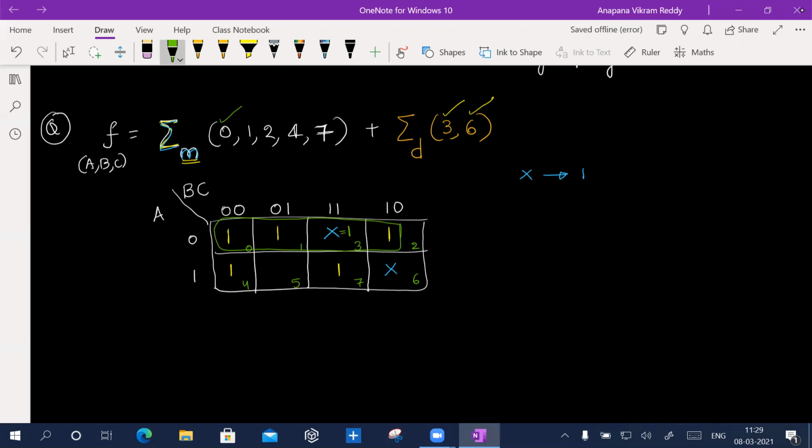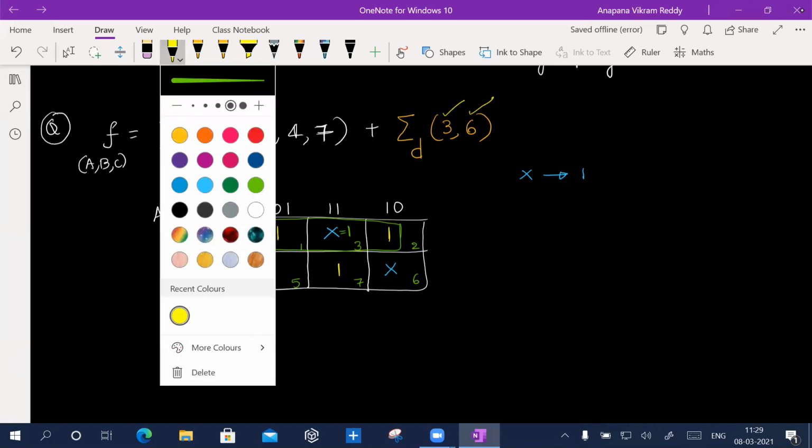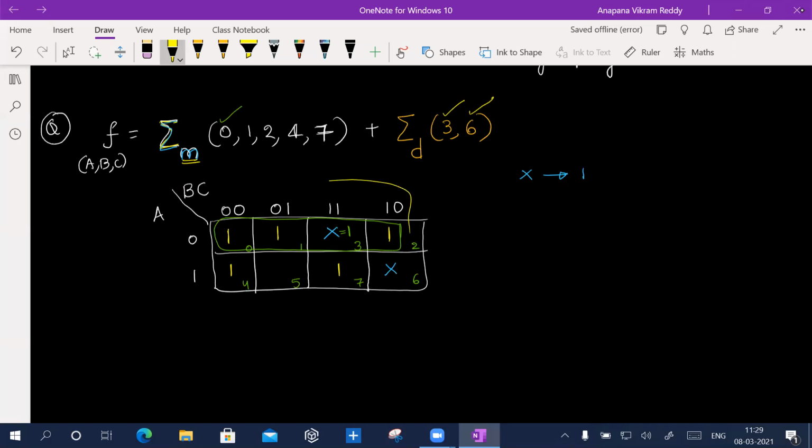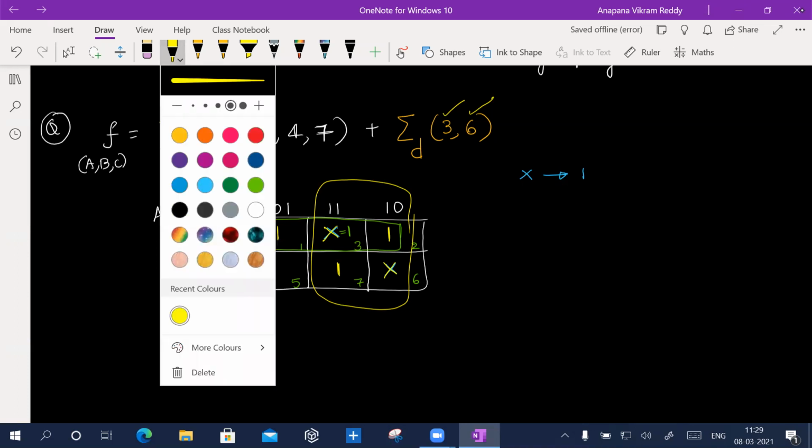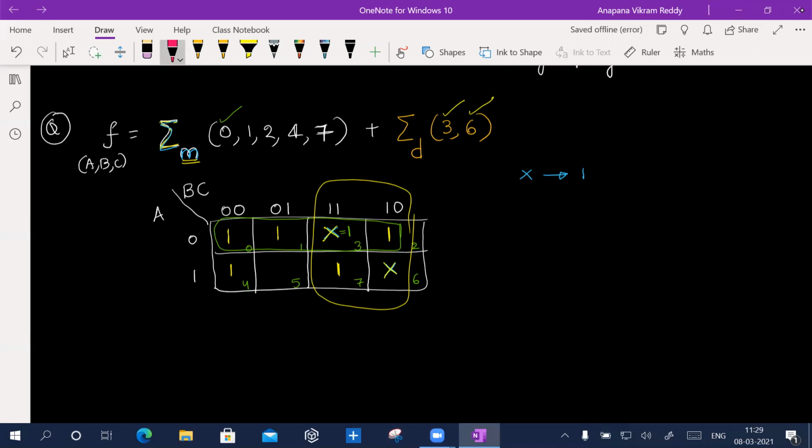Now what else do we have? Can I group like this here? I'll take, for example, this one. I have one don't care here, and again a don't care. And again I can also do this. I have one don't care. I'm always using the best possible grouping this way. Now we have covered all the terms here.